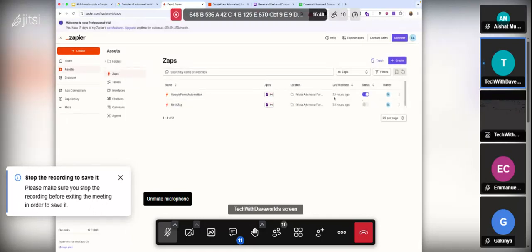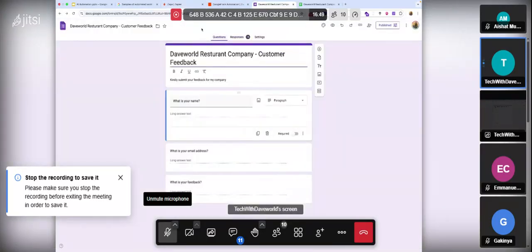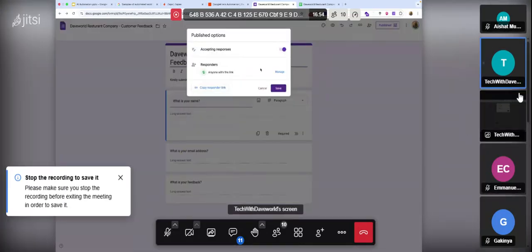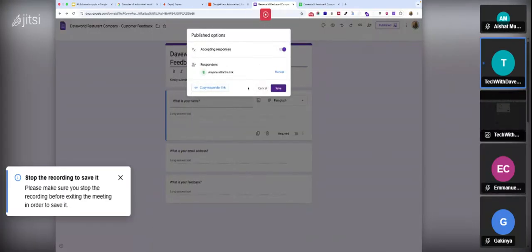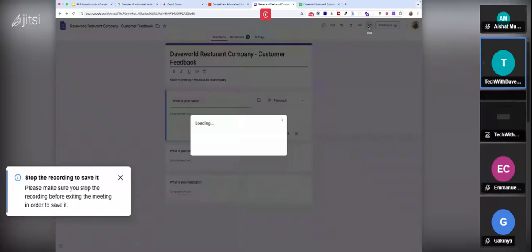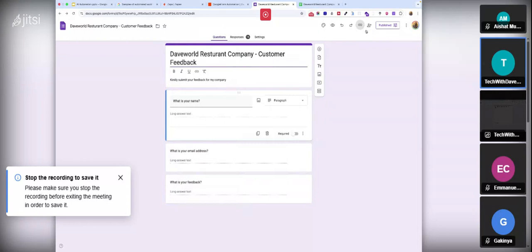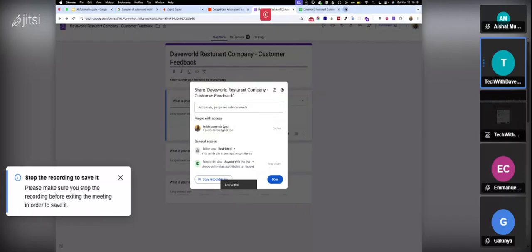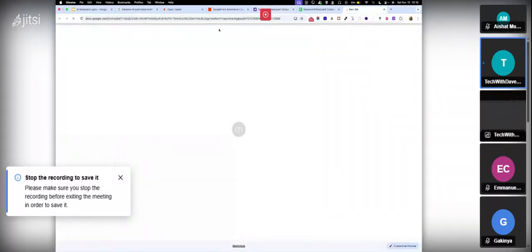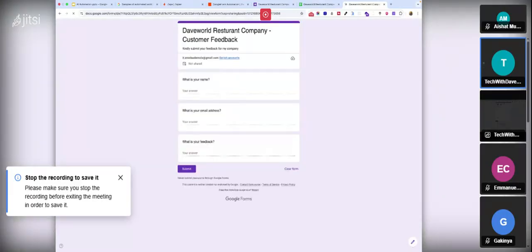And you can see it's turned on right now. So anybody that fills that form is going to get the feedback. I know someone was asking me about the link for the form. Let me see if I can give it to you guys quickly. Let me copy the respondent link. Sorry, this is here. So I'm going to post it on the Discord channel for you guys